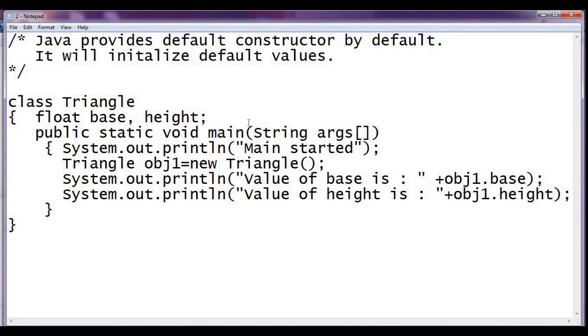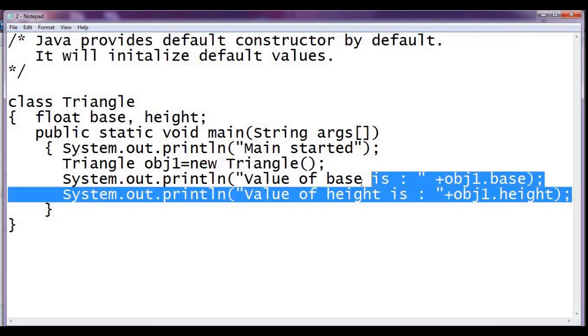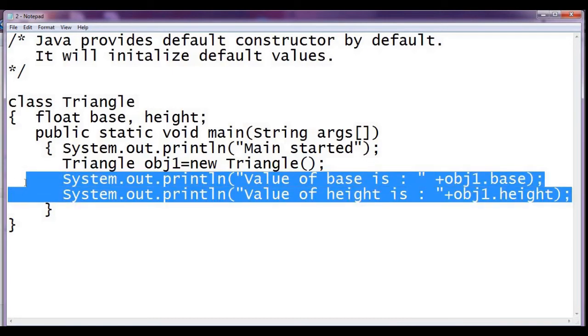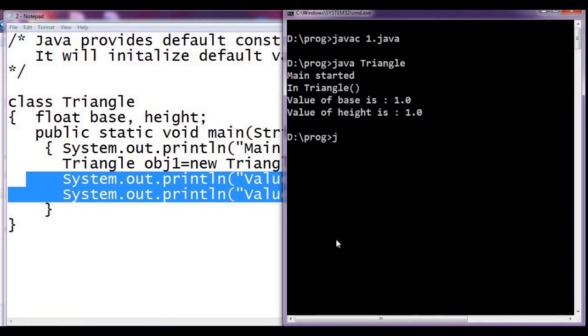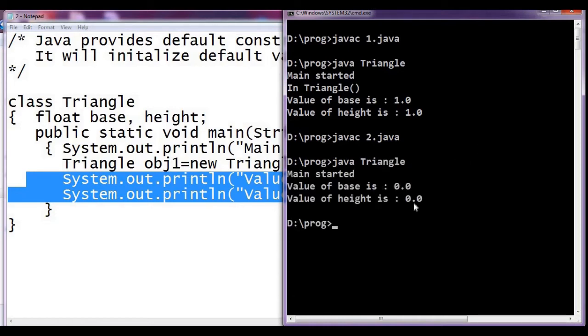So here we have base and height as float values. So that will assign a 0 value, and if we print, we get 0.0 for base and height. Let us check it. See, the base and height have been initialized with a 0 value.